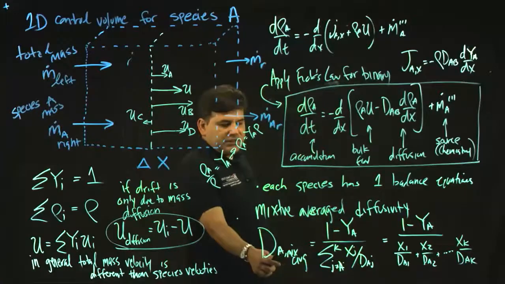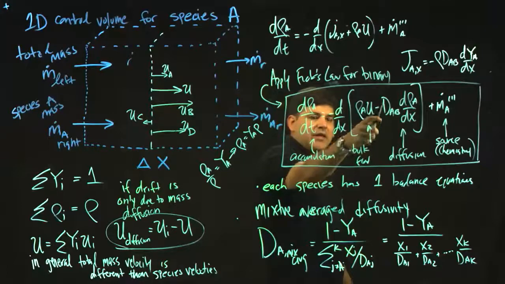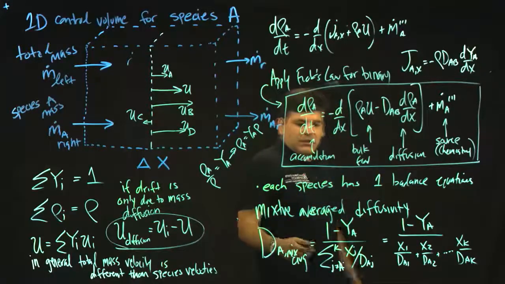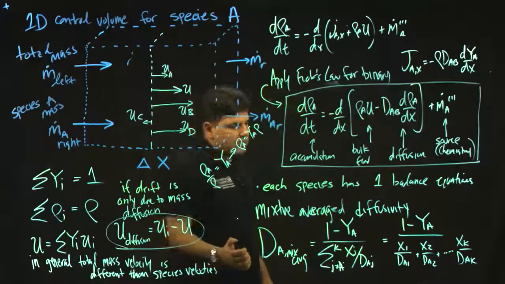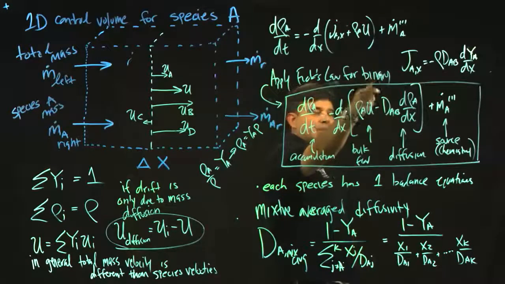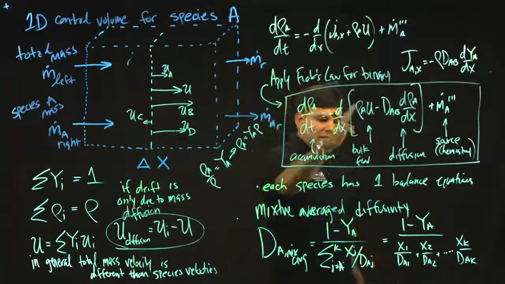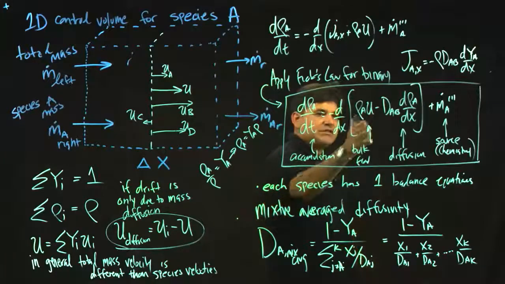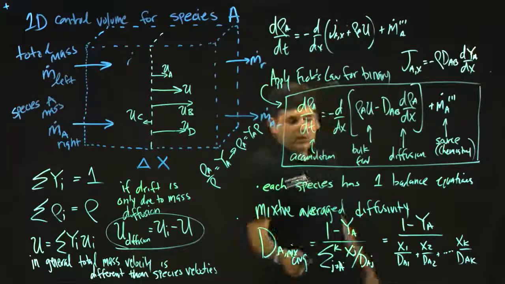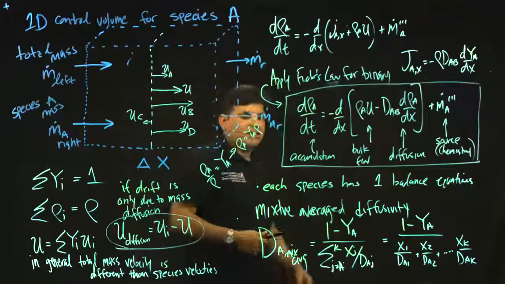so for each species, A through K, you would have the mass balance equation, and then the diffusivity in question can be compared to, or like you can have the fact that this is not a binary component, that each species has a drift velocity compared to the bulk velocity. And then the question is, how does this diffusivity, can we apply one diffusivity for one species? This is one way to do it. There's a few other ways. This is not the most accurate one, but you get the idea that